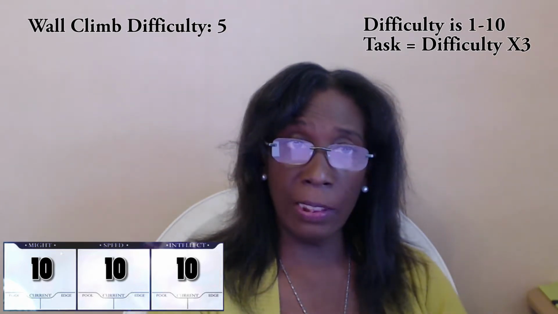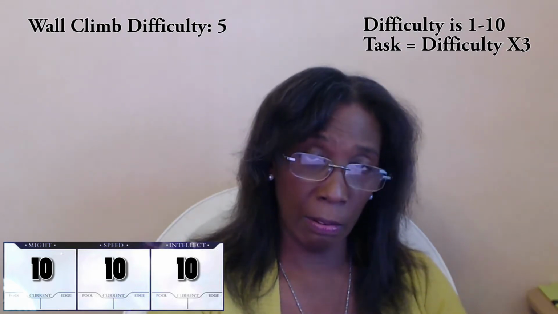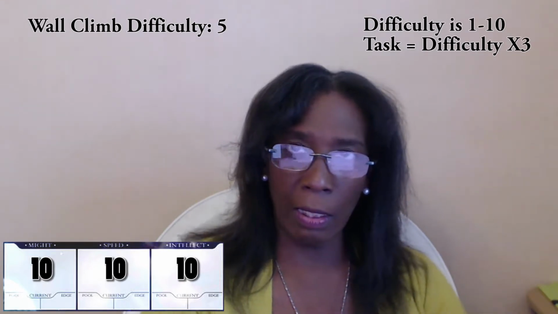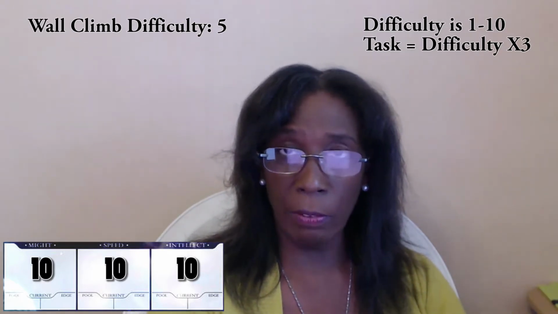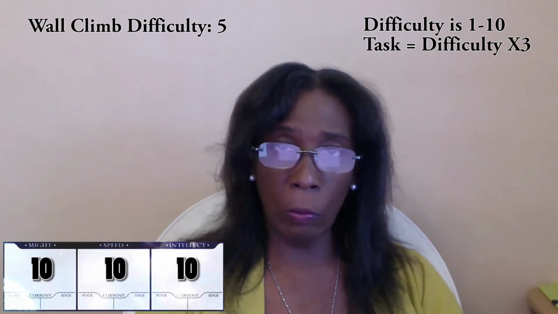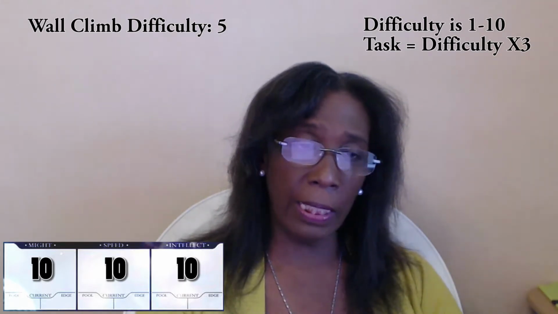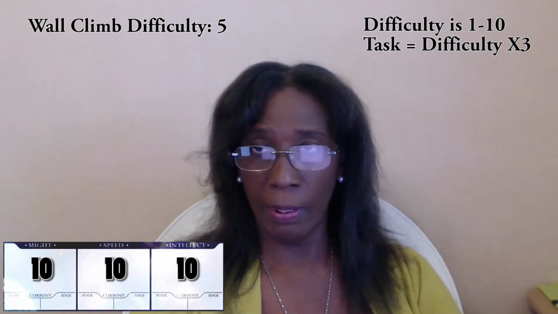It then turns from a difficulty into a task. The climbing of the wall is a task. If the difficulty is 3, it goes times 3, so the task is 9. 3 times 3, 9. And that's what they will roll the D20 against. So if the final difficulty is 2, when it turns into a task, it becomes 6, and you roll